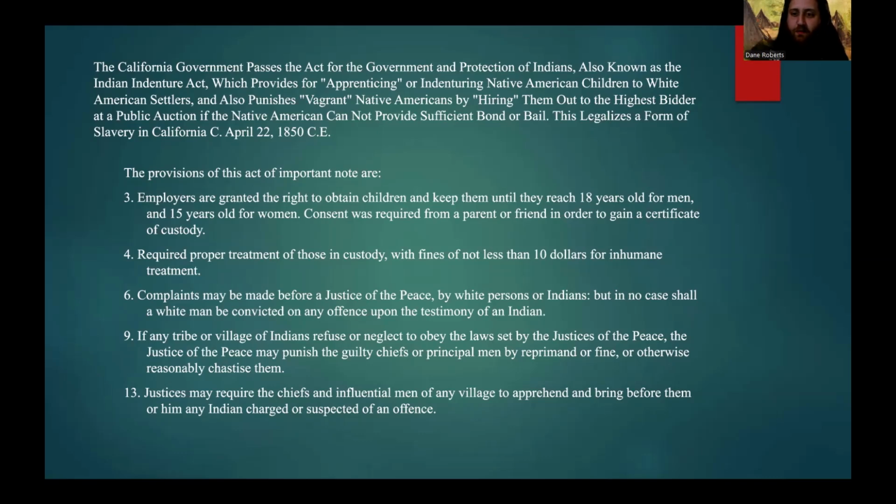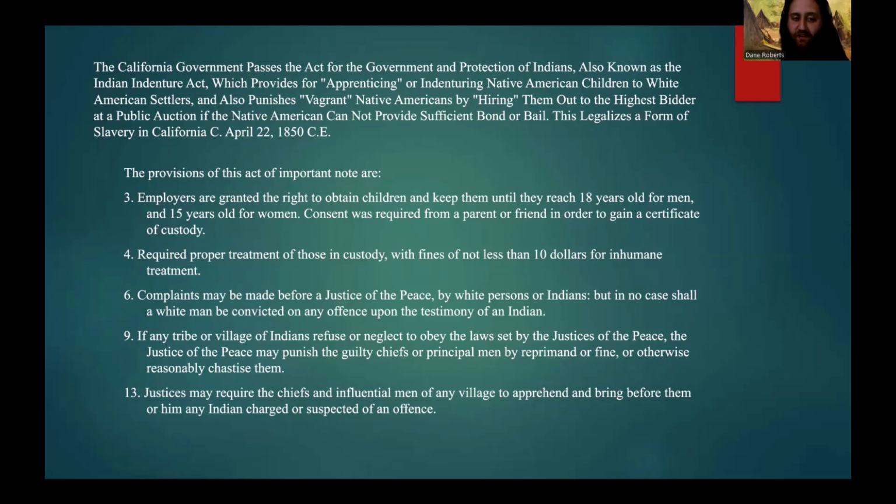or Indians, but in no case shall a white man be convicted of any offense upon the testimony of a Native American. And then Provision 9 stated that if any tribe or village of Indians refused or neglect to obey the laws set by the justices of the peace, the justice of the peace may punish the guilty chiefs and or principal men by reprimand or fine or otherwise reasonably chastise them. And then Provision 13